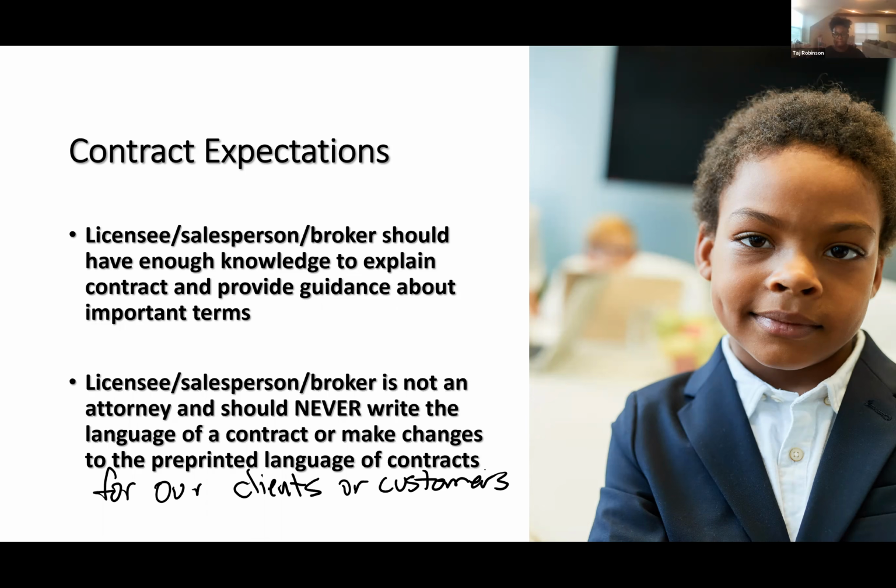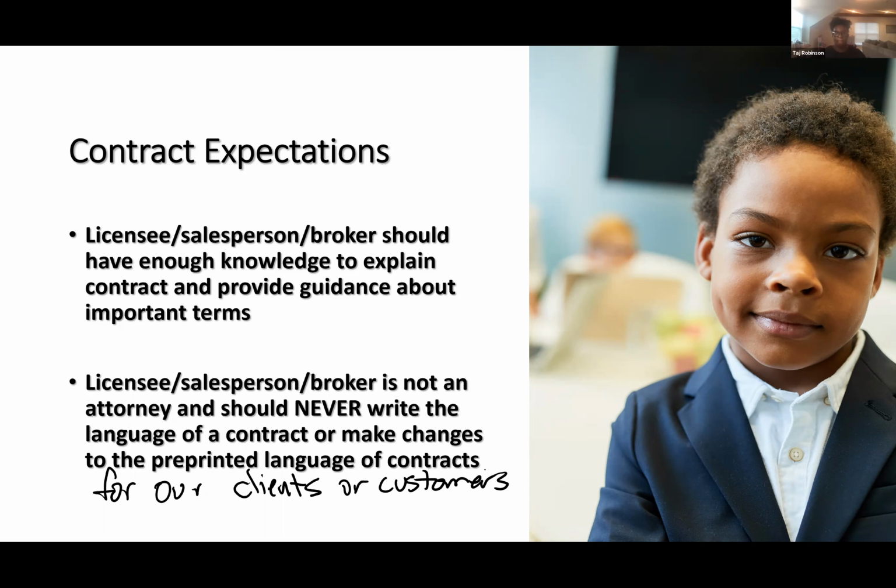Yeah. But here's what I would caution you against. I would give this advice to anybody at that point in time. However, Taj, you're not an attorney either. So be very careful about what changes you make, because there may be unintended consequences that you're not thinking of. Is that possible, that a buyer or seller who doesn't know the law could be making a change that they think helps them, but actually hurts them in the transaction?